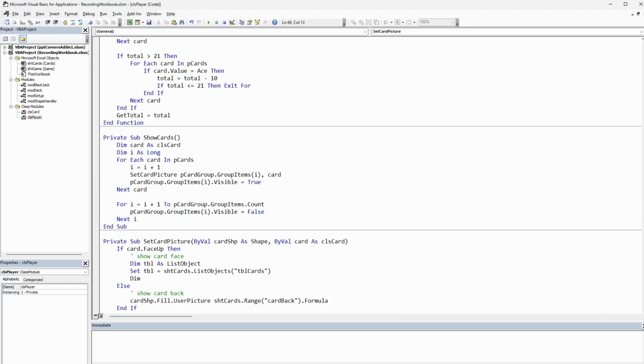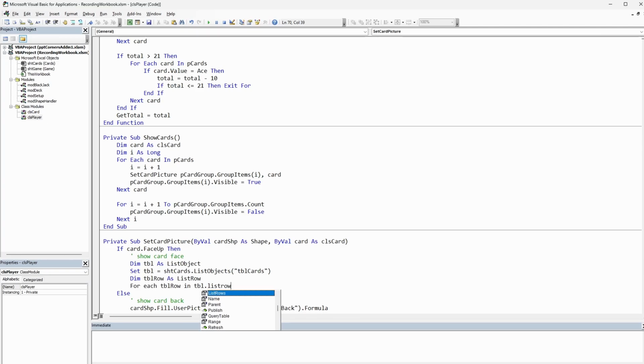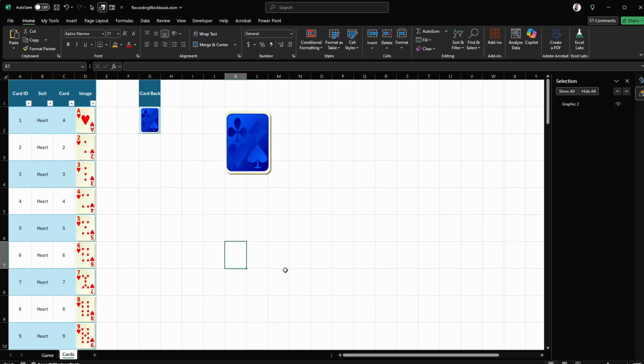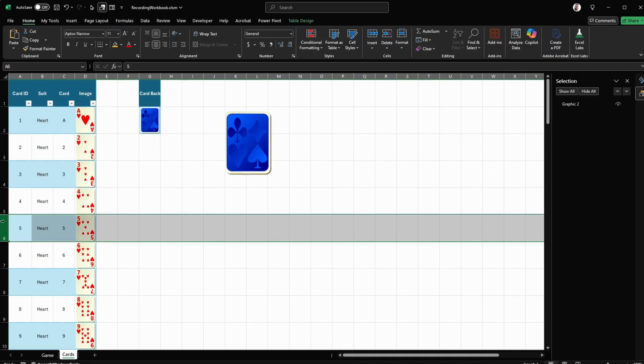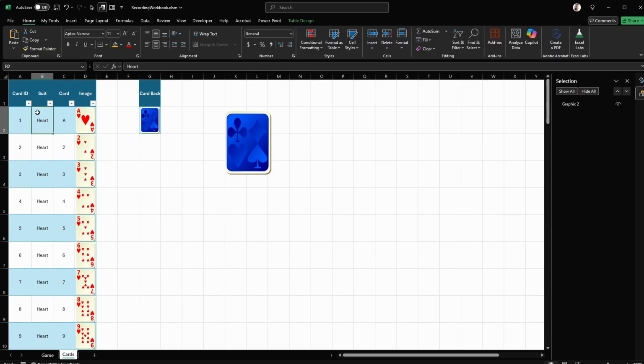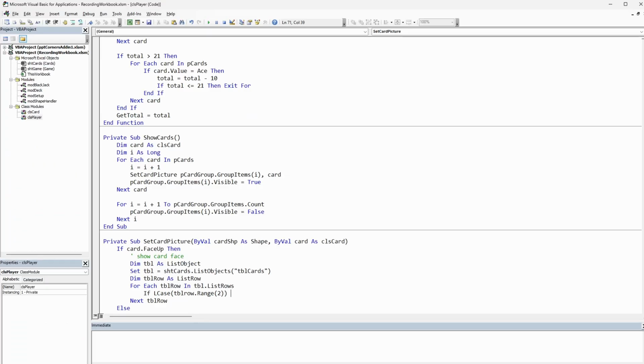And we need to loop through each row, so table row as list row. So for each row in table.listRows, if the lowercase of table row range 2 is going to be the item in the second column, so we're looping through each row like this, and then we're looking at the second column, so this. So if that equals